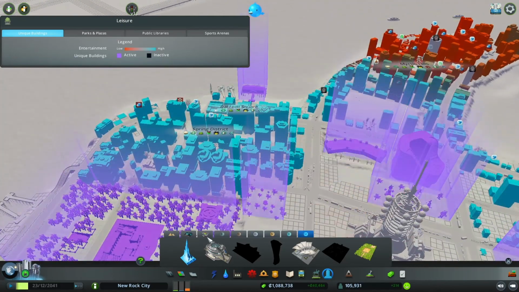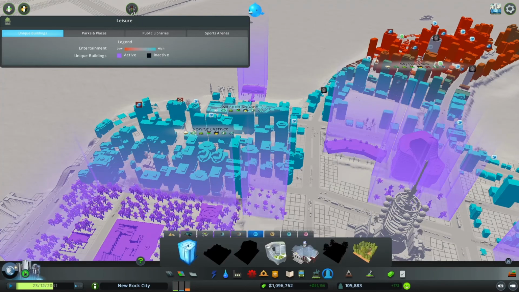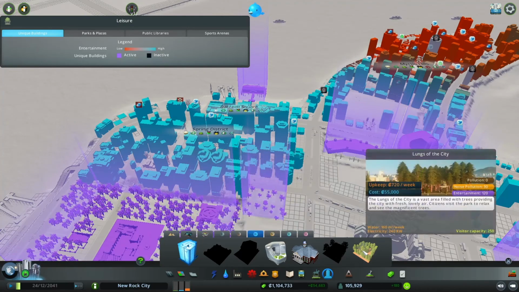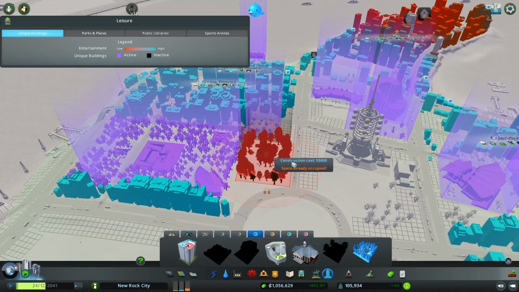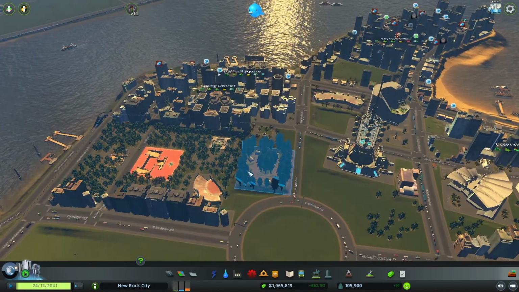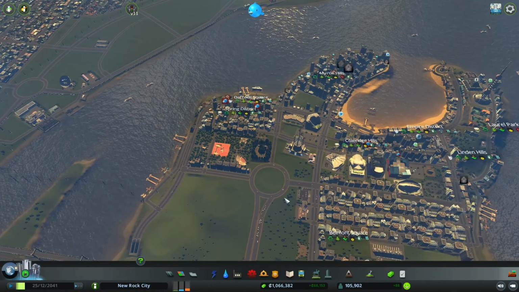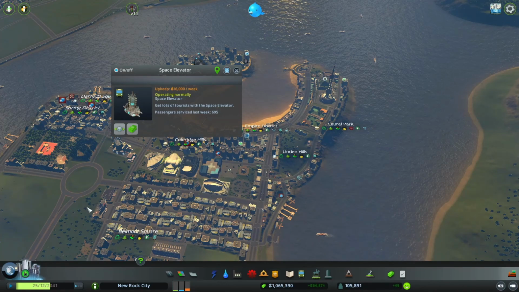Don't mind me, I'm just trying to think about what else I can add to this block. Maybe a bit more. Nah, not really. Okay, I mean, I can put this in here. Oh, okay, that'll work. Lungs of the City. Cool. That works. Put it right next to Central Park. It's all good. So there we go. Our tourists now have more options. And a giant space elevator, which...